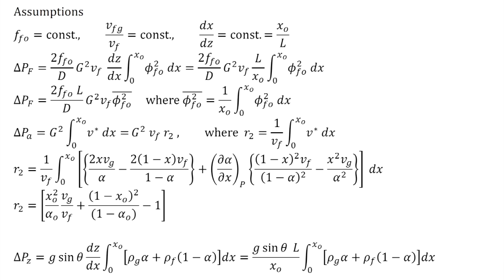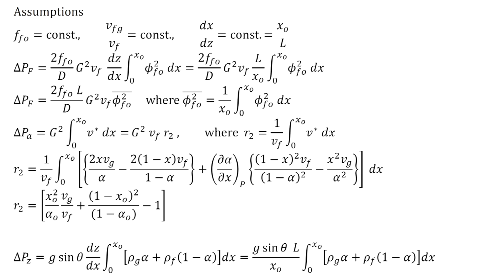Now, we will make some assumptions so that we can do the integration analytically. So, we will assume ffo equal to constant over the length, and Vfg by Vf is equal to constant, and dx by dz is equal to constant, which is equal to xo upon L. So, most of the quantities will come out of the integration, and we are left with the integral of 0 to xo phi fo square dx, and dz by dx is equal to L upon xo,